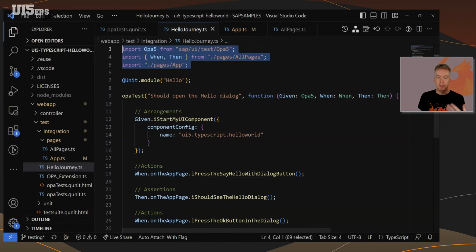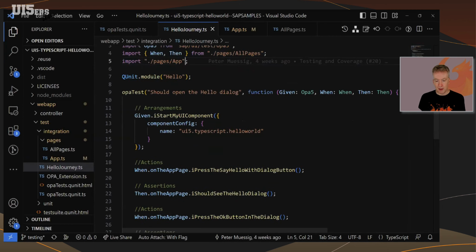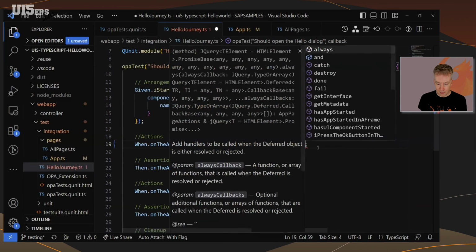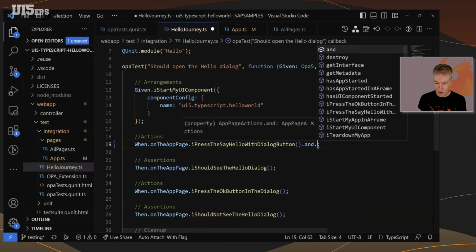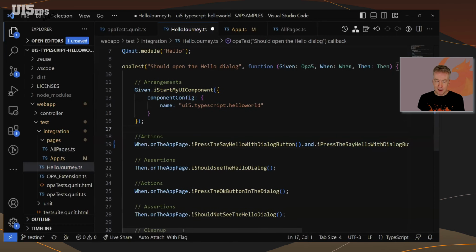Of course, you have the module imports now in TypeScript, but apart from that, it looks pretty normal. But you now get all the code completion, so you can get all your assertions and actions in a typed way. So basically, this has also been pretty straightforward.